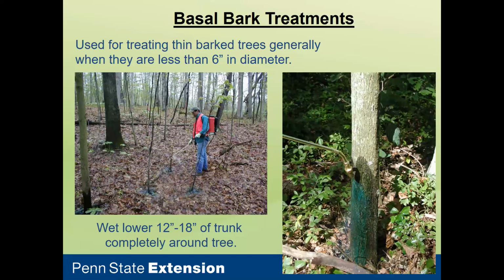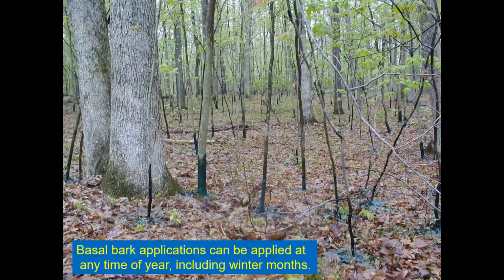When you start to get into those larger size classes, you're really going to be better off to switch to an application that we'll show you here next, I believe, where we're using a hatchet to frill the tree and squirt herbicides into the cuts. So this is also good for year-round application. So unless you have snow preventing you from spraying that stem to the ground line, otherwise you can do basal bark applications year-round. The label will actually tell you if the stem is wet then not to apply, but